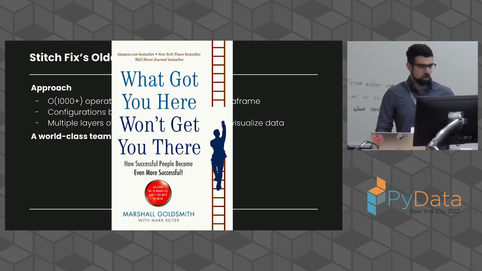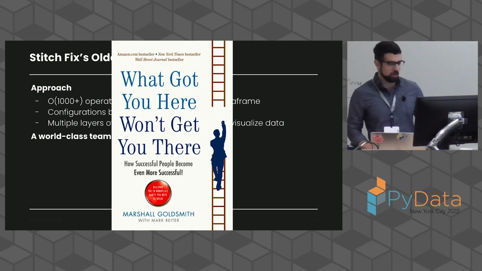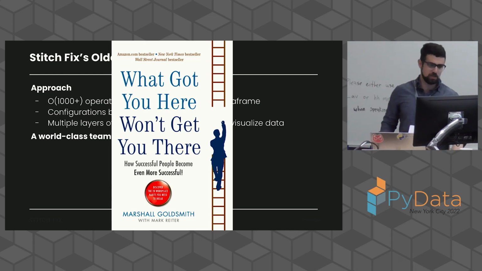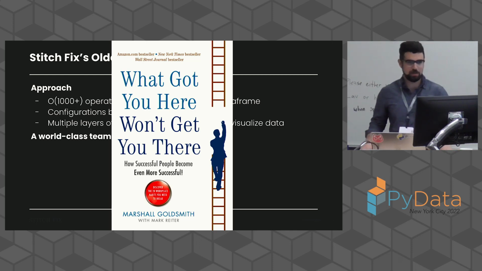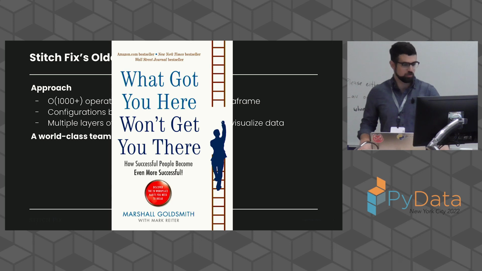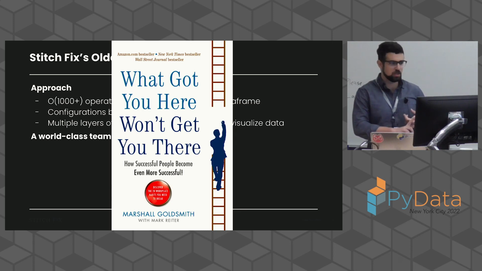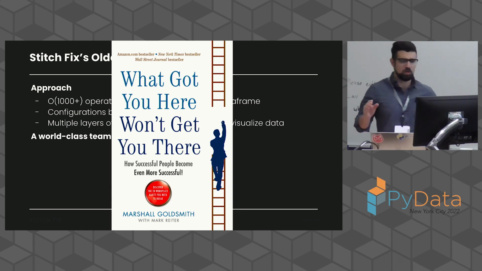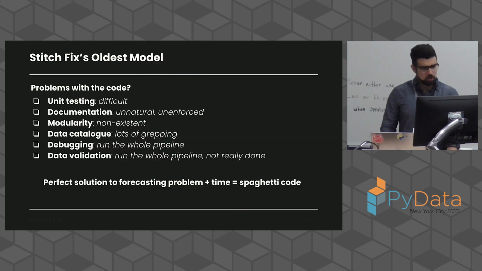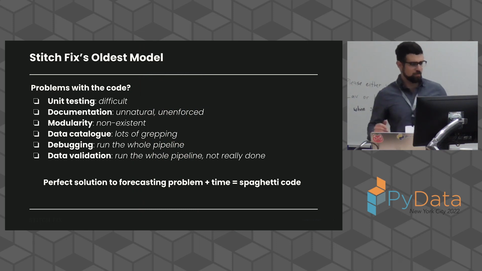So it worked fairly well, but what got them there, what got them from starting the business with zero forecasting ability to actually being able to forecast up to a year in advance with reasonable accuracy, wasn't going to get them to where Citrus wanted to go. We wanted to be able to expand regions, run all sorts of simulations, quickly modify and run scenarios that management might want. So there were quite a few problems with the code, and again, I want to make it clear